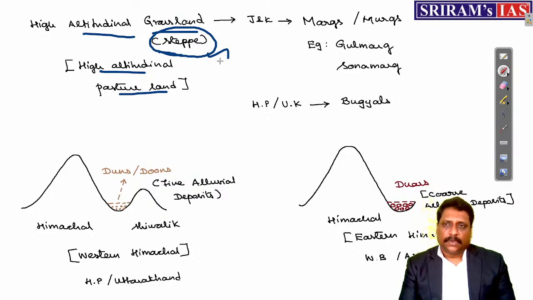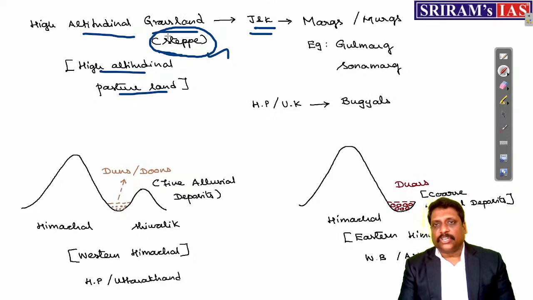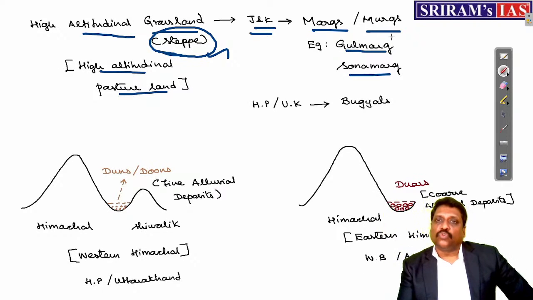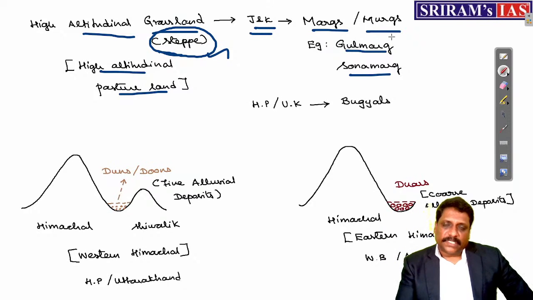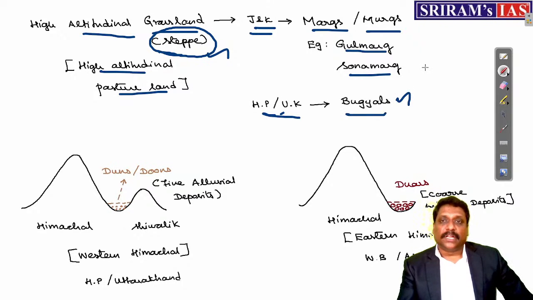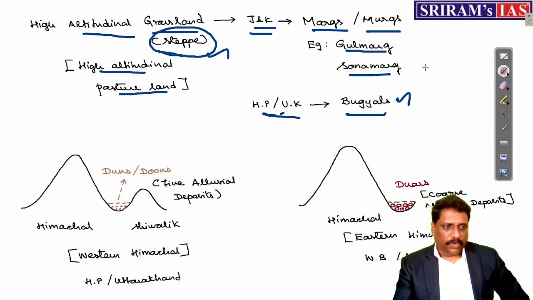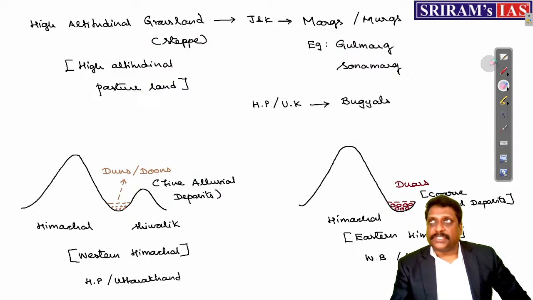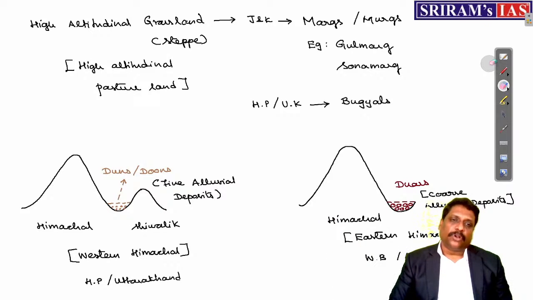Steppe, right? Nothing but what? Steppe. In Jammu and Kashmir, these high altitudinal grasslands, you call them as what? Mergs. The classical examples of Merg we have are Gulmarg and Sonmarg. Okay. Whereas in Himachal Pradesh and Uttarakhand, the same Mergs you call them as what? Bugiyals, my dear friends. Whereas when I talk about the Piedmont locations, some of the deposits in the Piedmont location, this is very